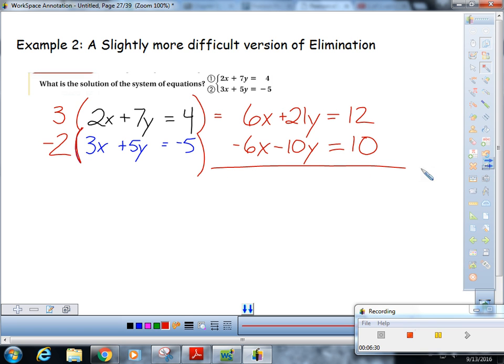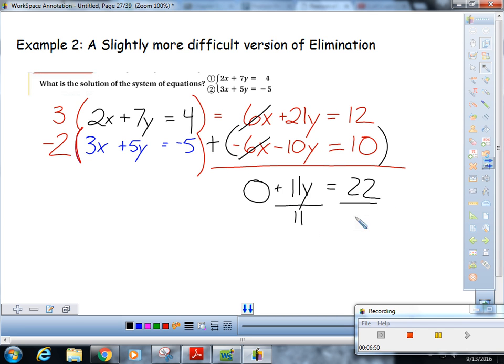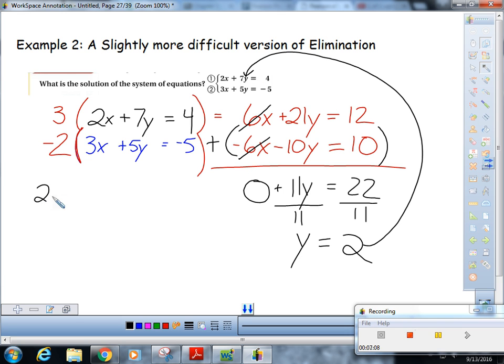Now I can use the elimination method. If I simply add up these two equations, 6x plus negative 6x is 0. 21y minus 10y is 11y. 11y is 22. Divide each side by 11. And you get y equals 2. How do I find x? I go back to my original problems and I plug y in for whichever one I want. Once again, I use that one because I'm inclined to use the positive ones. You know, I'm such a positive guy. So 2x plus 7 times, what does y equal? y equals 2,